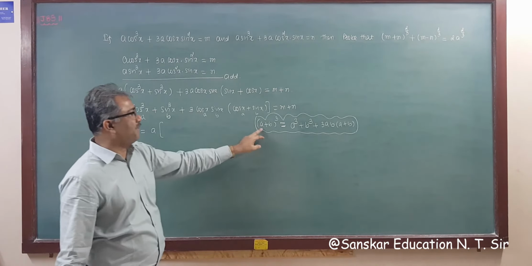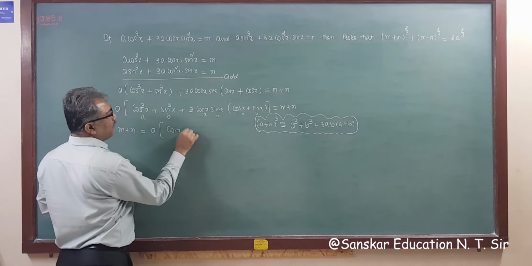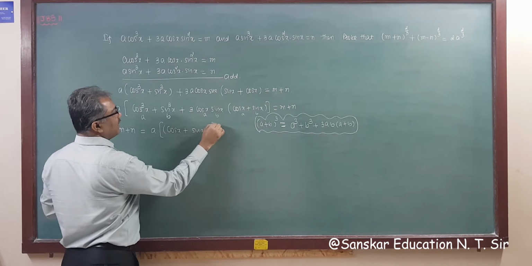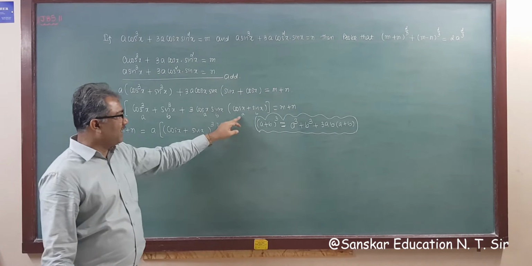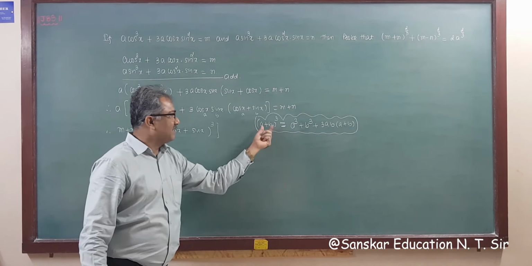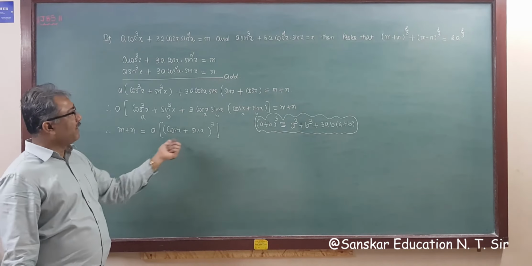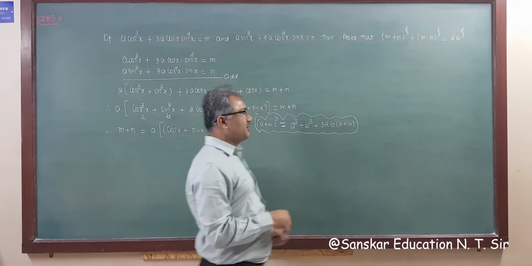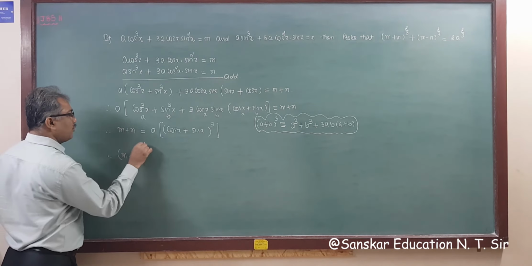So what is the answer? A plus B whole cube is the answer. So what is our answer? Cos x plus sin x whole raised to 3 is our answer. Got it? This is A cube plus B cube plus 3AB into A plus B, then our answer will be A plus B whole cube. So this is your answer. Now what we require here? We require m plus n power 2 by 3. So taking power 2 by 3, multiplying by power 2 by 3 both sides.